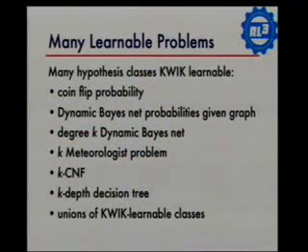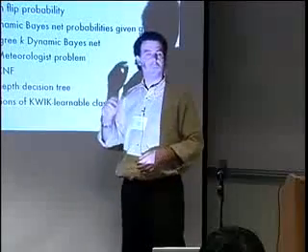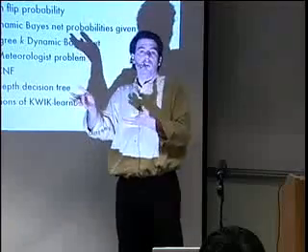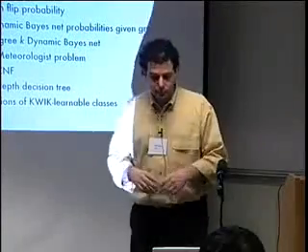Certain kinds of logical functions we can do, but not as many as you can do in the classical machine learning framework. And we can also compose all these in all sorts of different ways. Most of our learning algorithms now consist of a bottom level that's learning probabilities, and a level above that that's figuring out how to combine them. Oh, I didn't include linear regression on this list as well. We can quick learn linear regression so that it makes linear predictions, but it knows when it's given an input that it can't yet make an accurate prediction for.